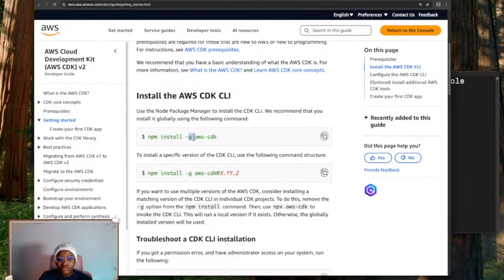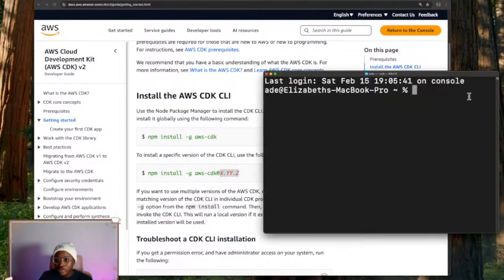So we can continue now that I have my terminal open. There is the instruction to install it. You can install it normally with npm install AWS CDK, but if you want to install globally, you use the -g option. And here you see the second command that has the x.y.z. It's about specifying the exact version you want. I don't see any need for us to be specifying versions here, so I'm going to go with the normal